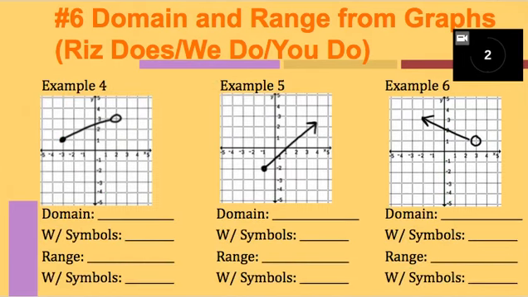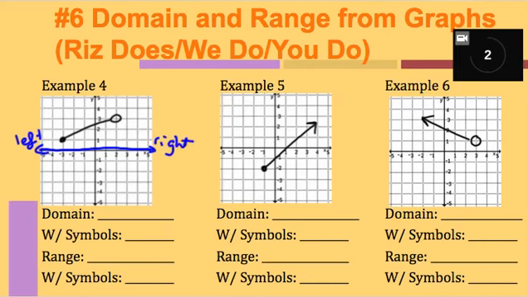So here are the next three examples. Now this one is going to be a little bit different because we're going to be talking about x values in between certain parts. It's the same idea though, so we're going to start with the x-axis, and we're going to go from left to right. The first thing that I see is this point right here. Now remember what we talked about is that a closed point means it's included,